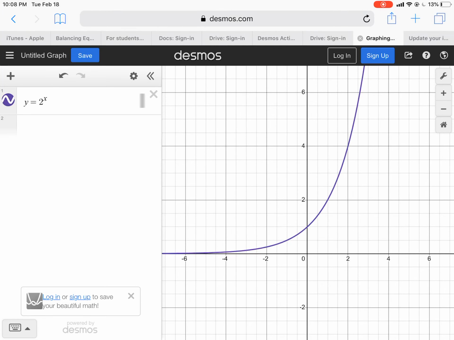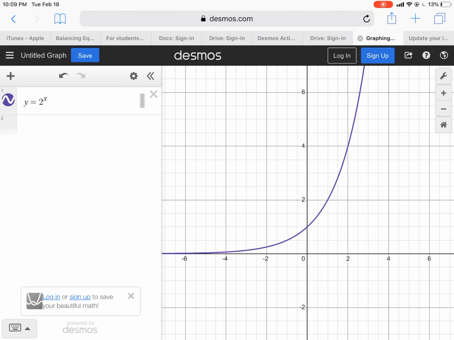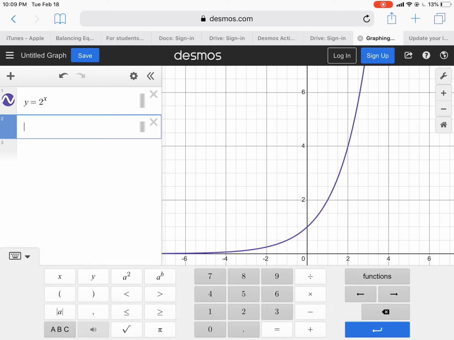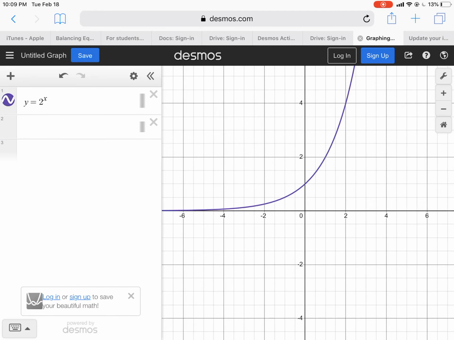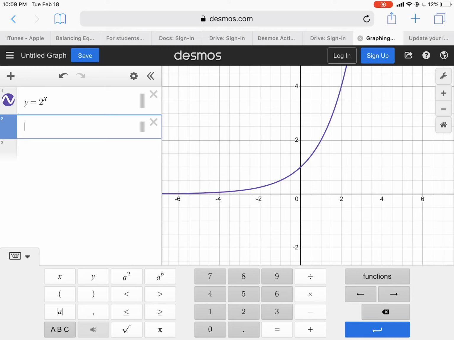Okay, so we're back again, and I just have again the basic exponential curve in here, y equals 2^x, that we've been working with. And if you'll remember, the inverse of an exponential is a log. So if I put in y equals log,